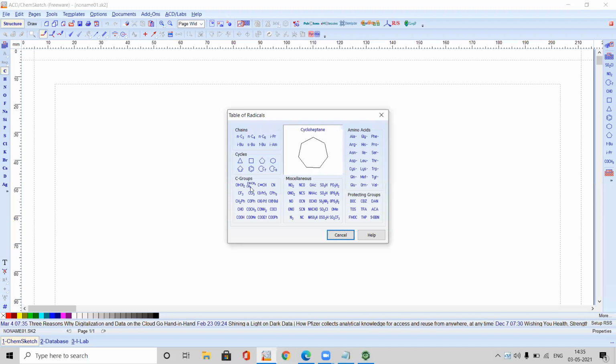You will get various types of substitutions, various types of rings, including amino acids and protecting groups that you will use during synthesis of amino acids or peptide synthesis. During parallel synthesis, and some advanced techniques in drug discovery, we use these types of protecting groups.